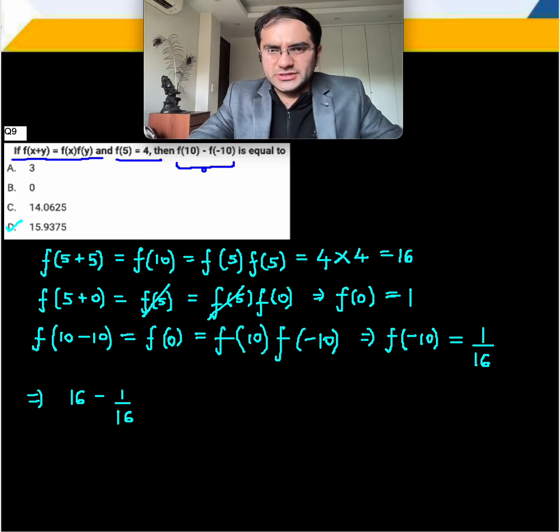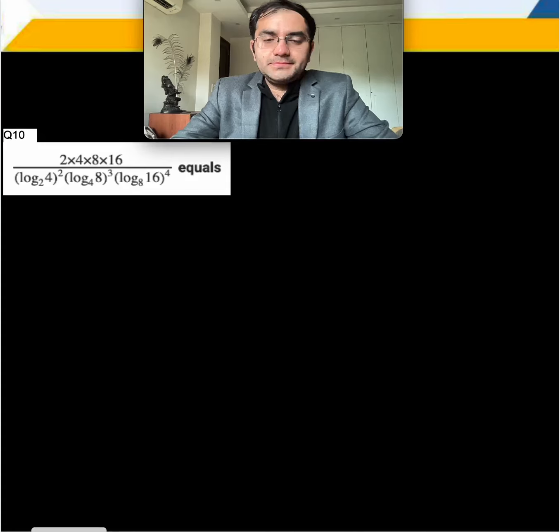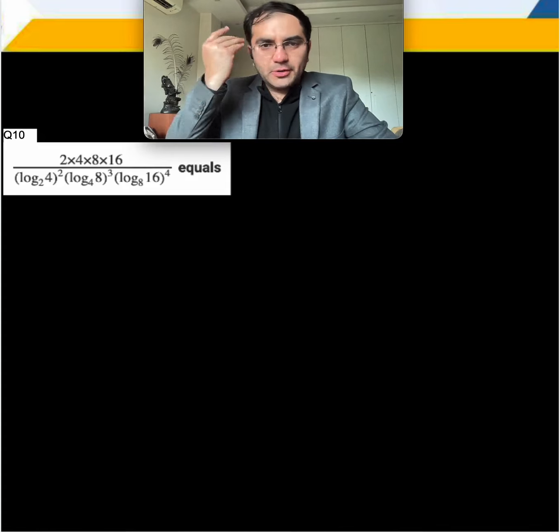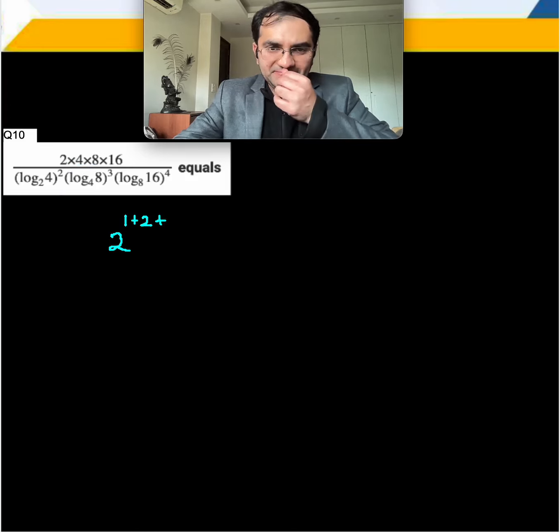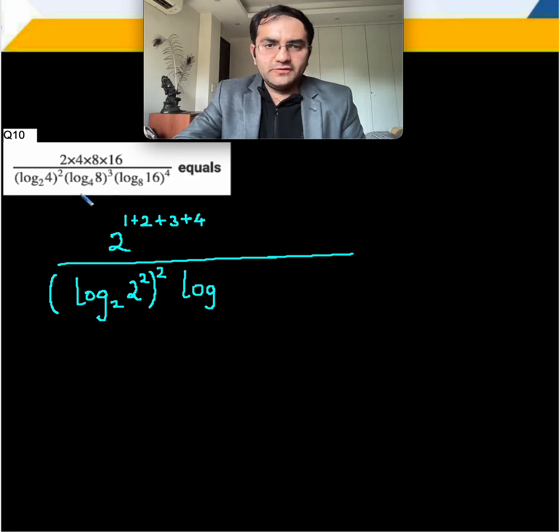It's a standard question on functions which has been asked multiple times in the CAT exam. So very, very important, and can be done without significant prior knowledge of functions. It's a very elementary question on basic properties of logs, and we'll just try to write everything in powers of 2. So 2 to the power, this becomes 2 power 1 plus 2 plus 3 plus 4, and then we'll go to the base, write everything out very, very neatly. 4 becomes 2 square. Now over here 8 is 2 cube, 4 is 2 square, 16 is 2 power 4,